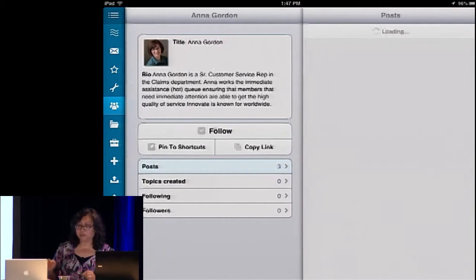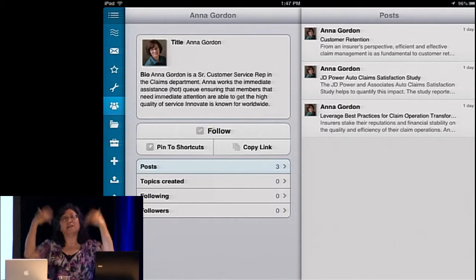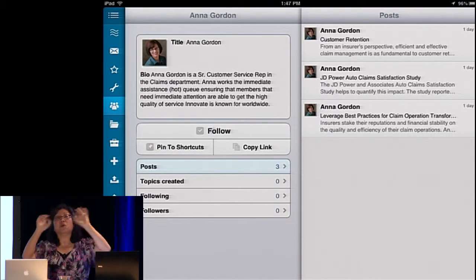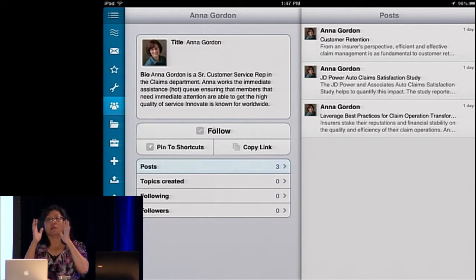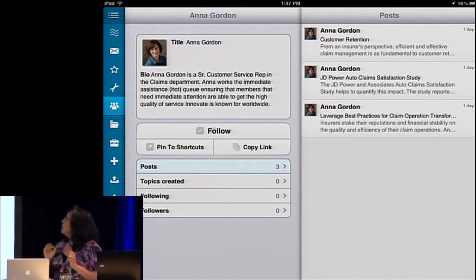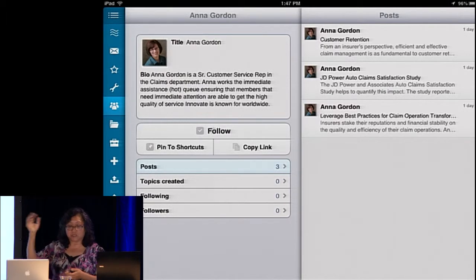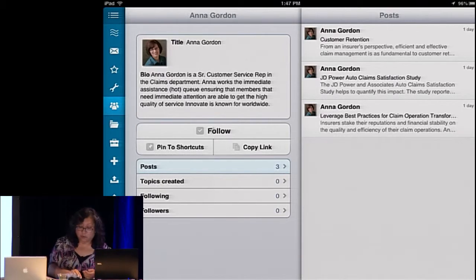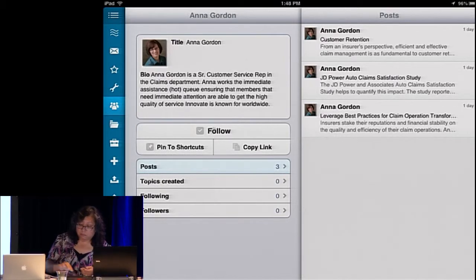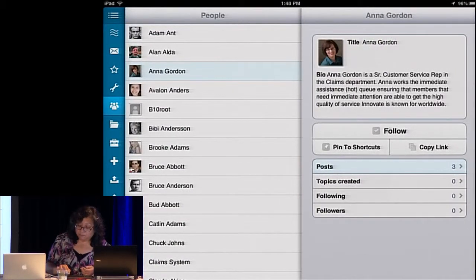Is she very noisy? Because let's face it, on my stream, when I'm getting that feed of information, sometimes you don't want too much noise. Some people like getting a lot of information. Some people will want it to be a little bit more calm. In this case, it looks like Anna does have some information that might be interesting to me, but she doesn't tweet too often. So maybe I do want to follow her. So at this point, then, I'm going to follow her, I think.